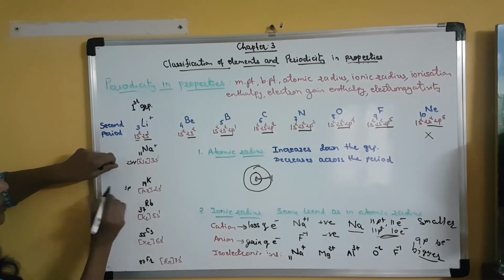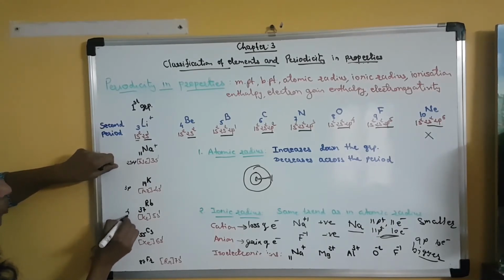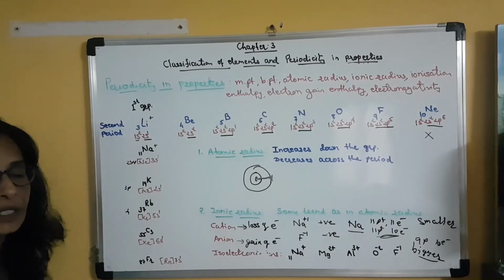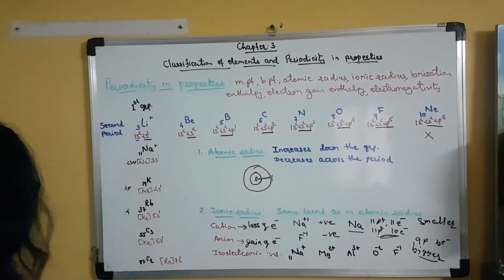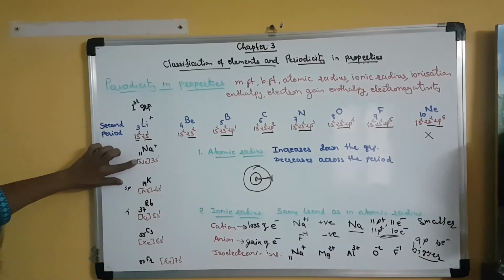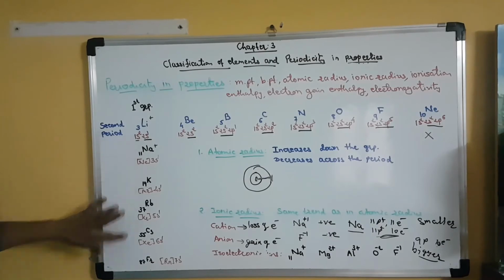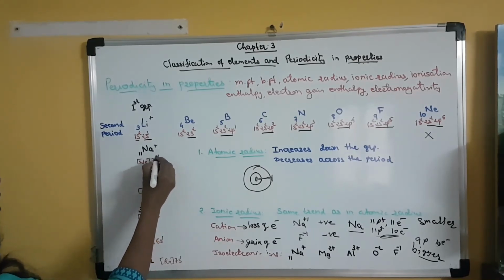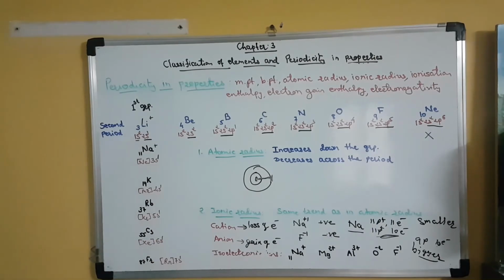For potassium it is third orbit. For rubidium it is fourth orbit. Clear? So even though the atom is converted into the ion by loss of electron, the number of outermost orbitals increases down the group in the case of ions also, and that is why the ionic size increases down the group. Whether it is cation or anion, it increases down the group because the number of outermost orbitals increases down the group.